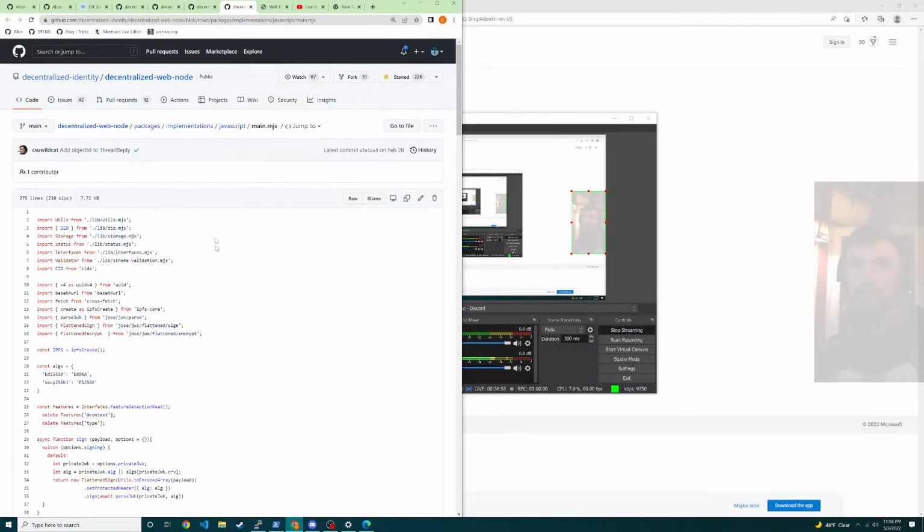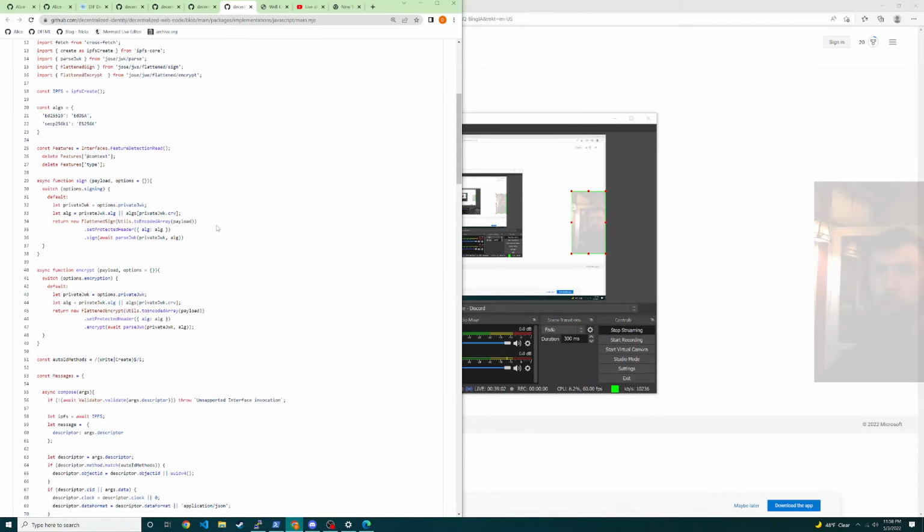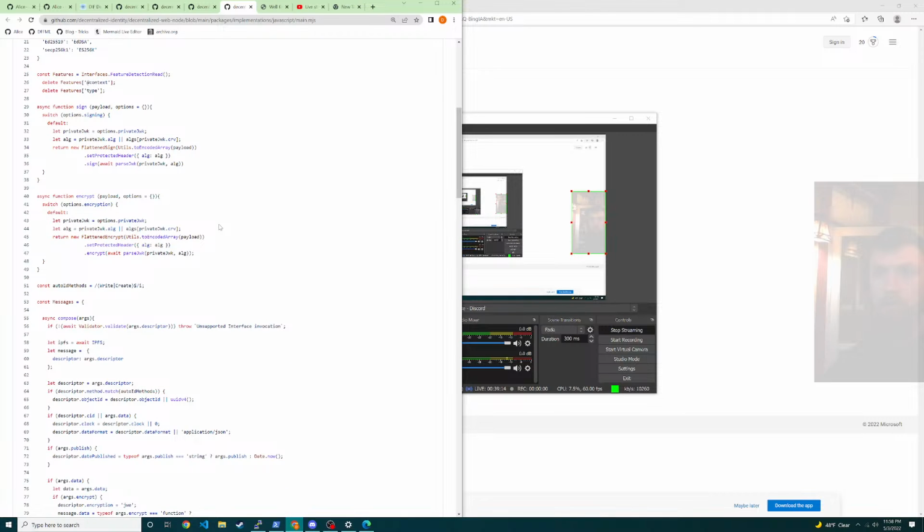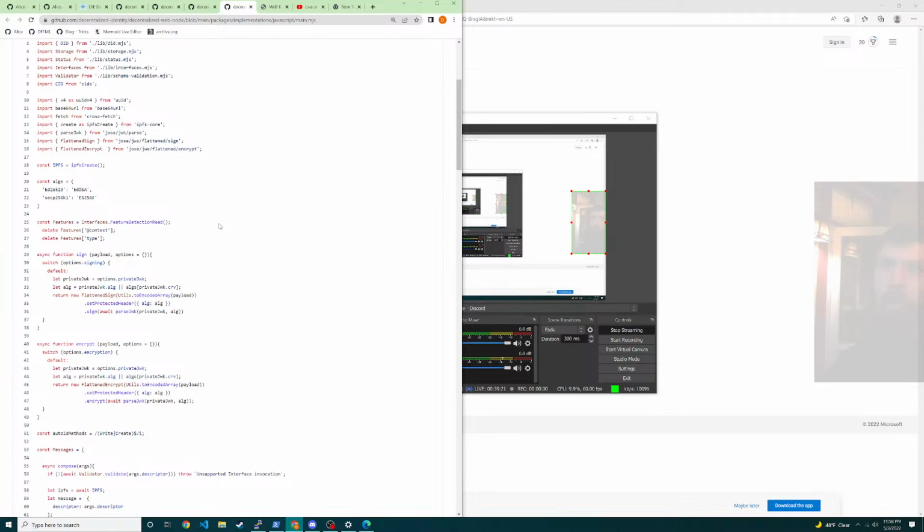All right, what's this? So look at this, main.mjs, never heard of MJS. Interesting. Feature. IPFS, okay. IPFS. Encrypt. So basically their file system is IPFS. Okay, so does that mean that these DIDs, so I'm also trying to understand